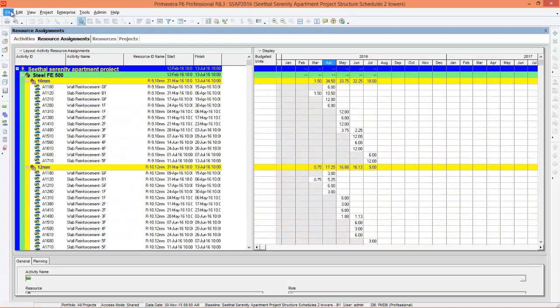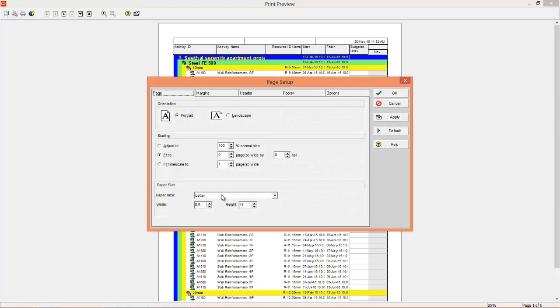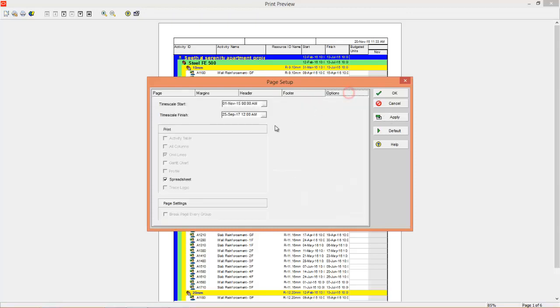If you want to take a print, you can go to file, print preview. You can generate it like this. You can adjust the page: A3, landscape, options, print spreadsheet.